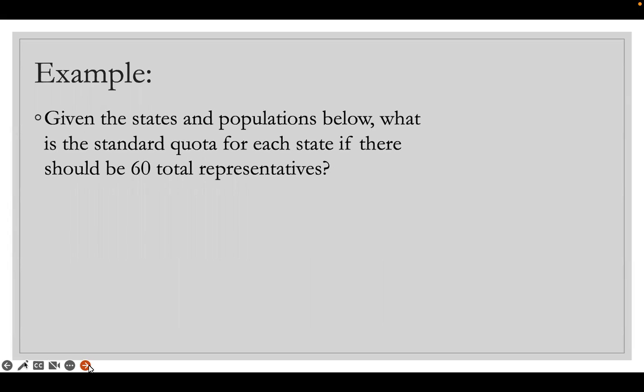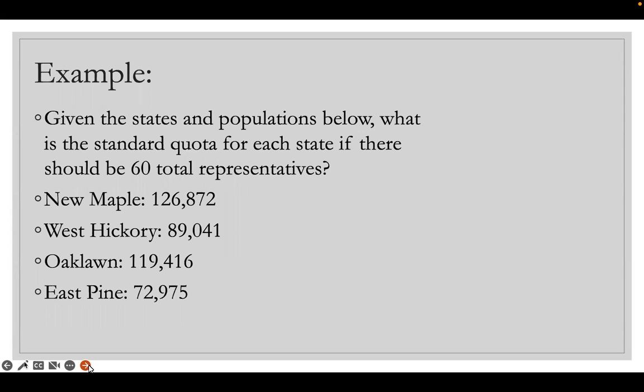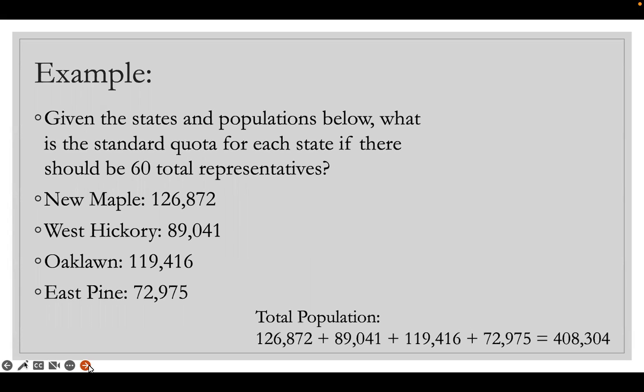Given the states and populations below, what is the standard quota for each state if there should be 60 total representatives? All right, so we have 4 states. We have New Maple, West Hickory, Oak Lawn, and East Pine. Of course, these are absolutely real. Well, the first thing we need to do is find the total population. So if I add the 4 populations together, I end up with a total population of